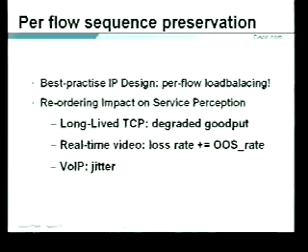If you have a video application, you will see that the reordering rate will equate to a loss rate. So it will increase the loss rate perceived by this application. And then the effect of reordering on voice over IP is actually quite different in that the reordering is likely